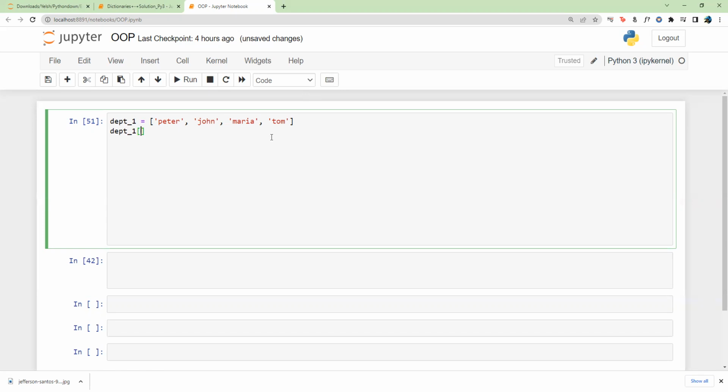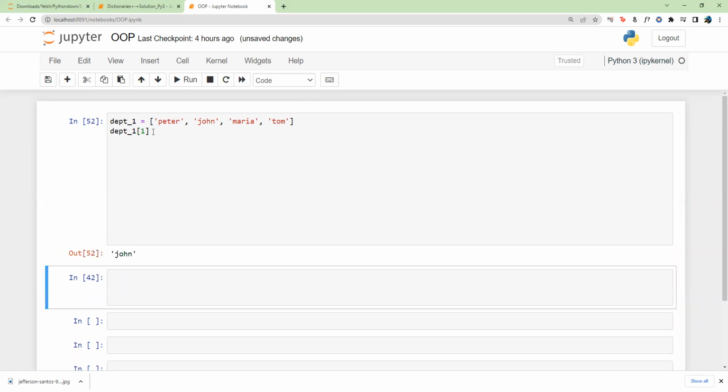But if we're counting from the right to left, we start from -1, -2, -3, and so on. So if I say department1 and say 1, that should bring John, because John is in the first position and Peter is in the 0 position. So if I say Shift Enter, I should be getting John,